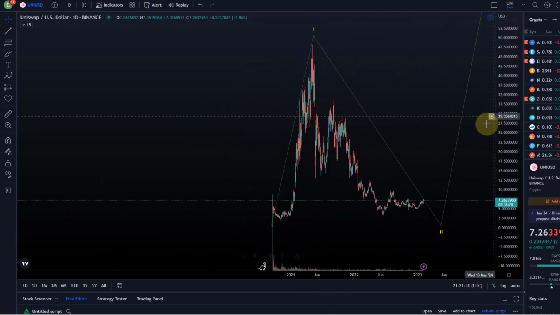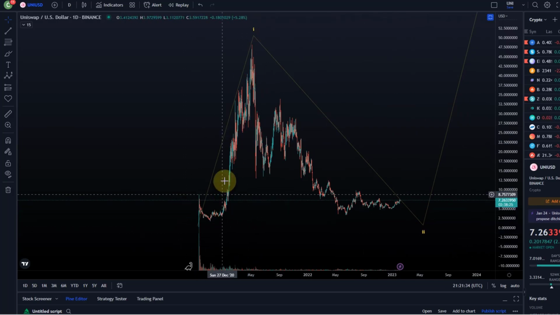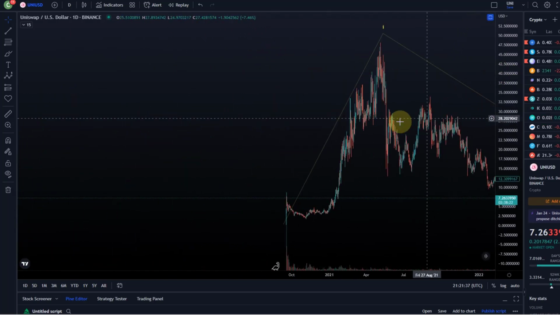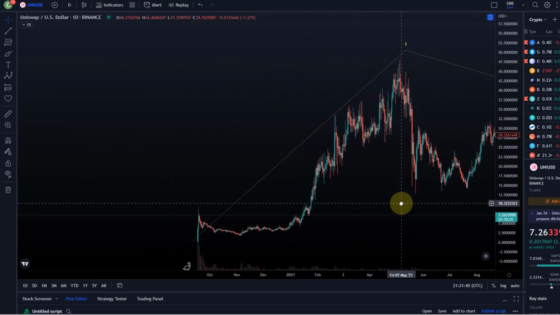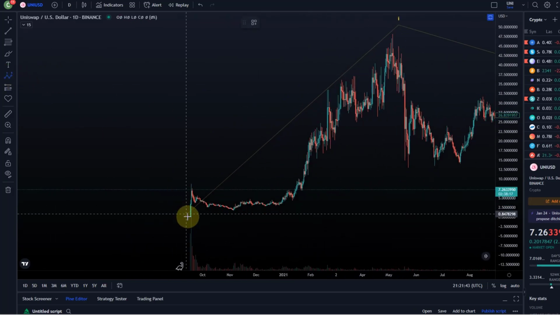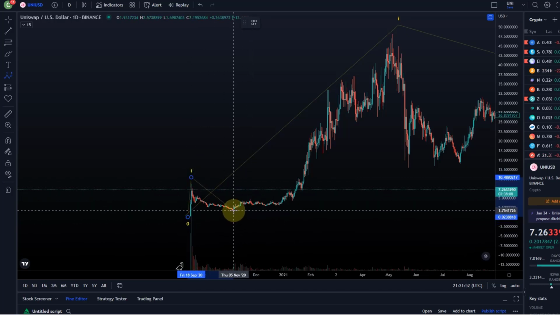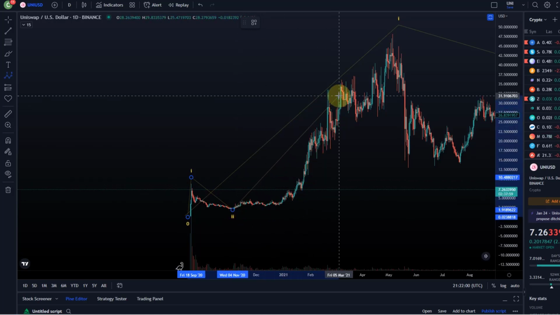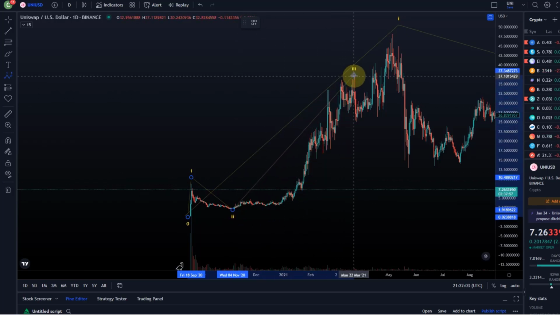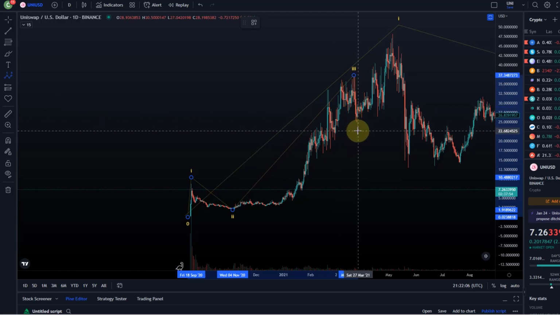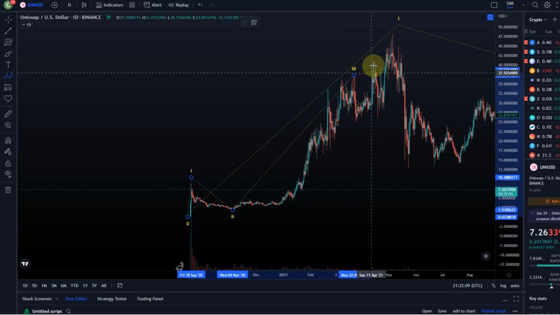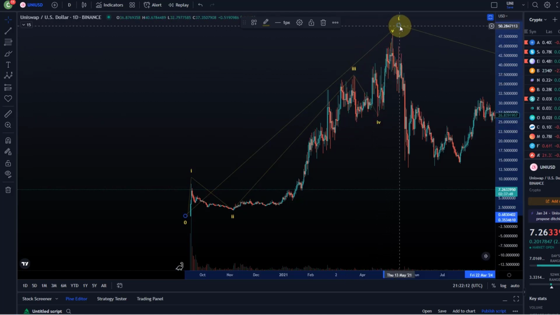There you go. It's not so important to understand what happened here, but some people might want to. I looked at that before the video, and I think it's quite clearly recognizable that you can understand this as a wave 1, even though these pumps in the beginning are often not too reliable, but at the moment I'm giving it the benefit of the doubt. Then here wave 2, which was the low in November 2020. The longest wave is oftentimes a wave 3, and I would consider the peak here as the 3, then the 4 was probably here as a running flat, and then a 5 to the upside.